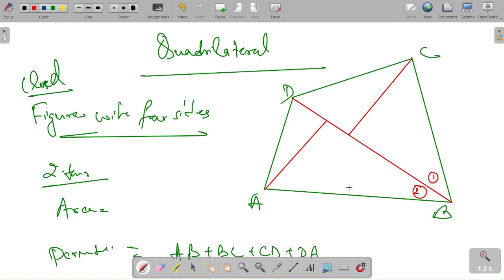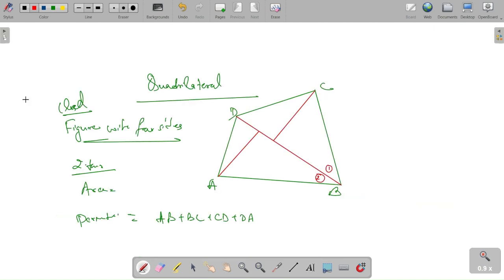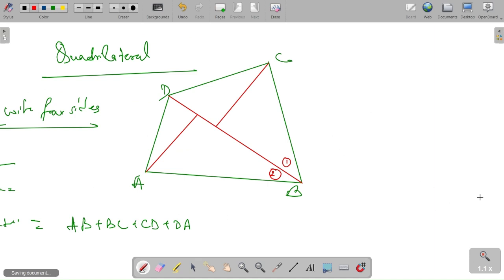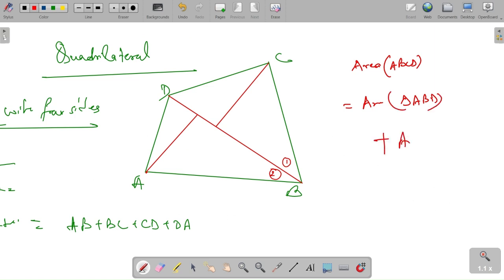So the area of quadrilateral ABCD should be the area of triangle ABD plus the area of triangle BCD,